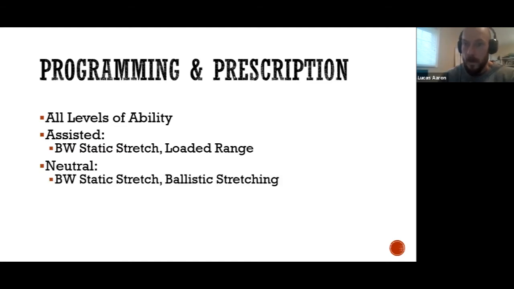Neutral gravity categorized exercises. Again, we can think about the body weight static lessons as well. Some of those positions can be manipulated to just be neutral against gravity and allow an individual to assess the tolerance of